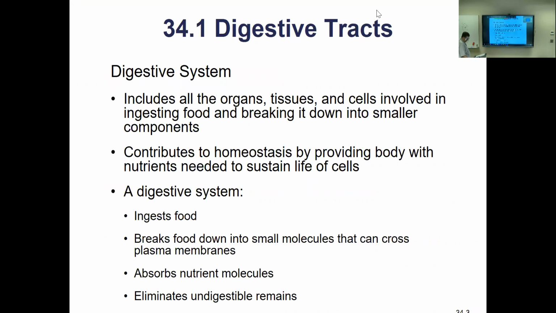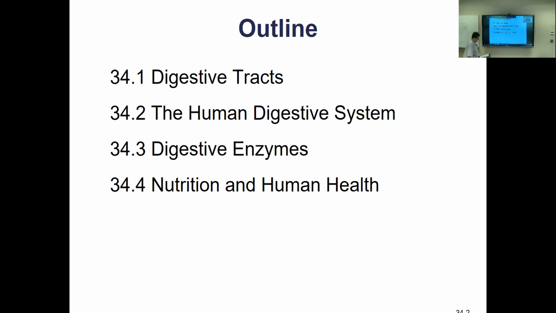Let it go. Work around it. Okay, so this chapter is on the digestive system. Once again, this is our tour de force of quickly running through all the systems. I'm going to try to cover this in like 40 minutes, so I'm going to jump around and try to answer most of these questions. If not, y'all can figure them out. I think y'all can handle these.